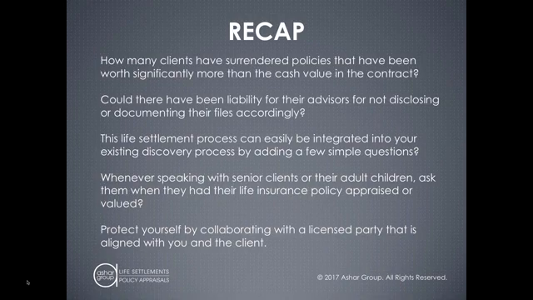Or conversely, if you approach your client with this prior to anyone else doing that, can you build a client for life? Can you be that one that the client looks to and says, you wouldn't believe it? They're so on top of it at the trust department that I work with. I had this policy I did not even realize was worth X amount of dollars, and they helped me do that. Therefore, a windfall to the trust, you're helping yourself.